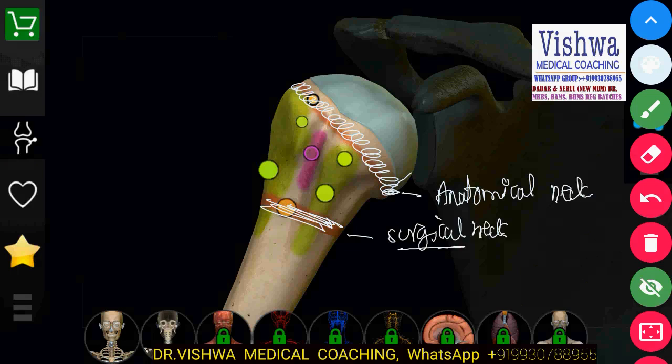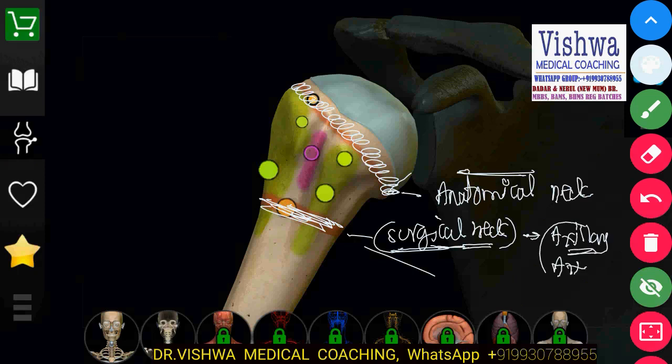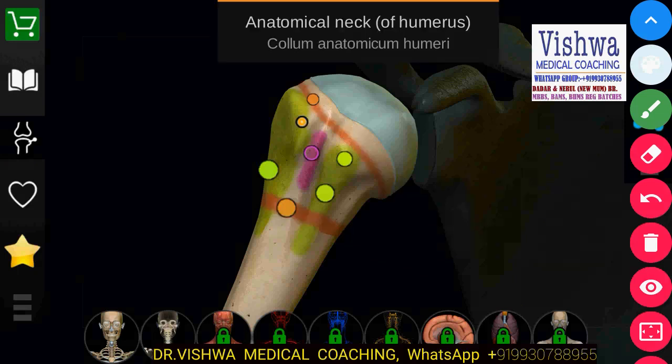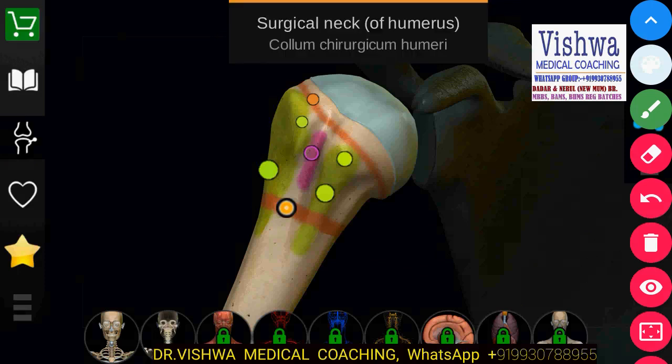This is very commonly asked in the viva. What is an anatomical neck in case of humerus? What is a surgical neck? The anatomical neck is where the head ends and the other part of the bone starts, whereas the surgical neck is the narrowest portion which looks like a proper neck. Into the surgical neck, we have axillary vessels and the axillary nerve. It is very important surgically. So we have an anatomical neck and a surgical neck.